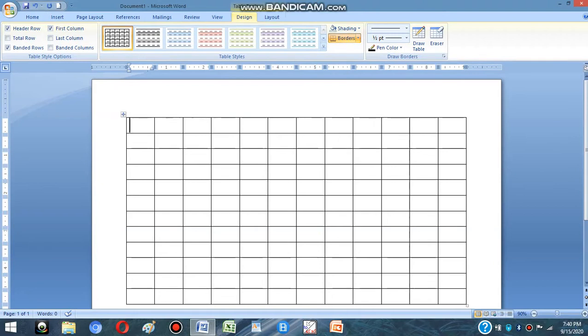Now, moving in a table. You can see my cursor is in the first cell. If I want to go to the next cell, what we have to do is simply press the Tab key. I can go to the next cell in the same row by pressing the Tab key, or by pressing the right arrow key.